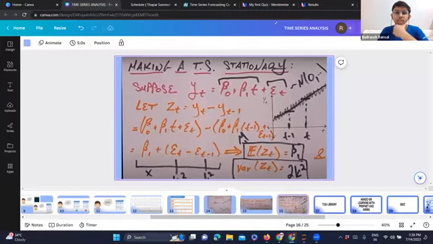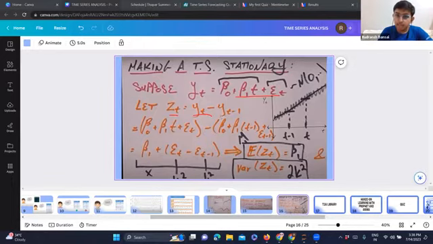What we can see here is I took z of t, let's say a new time series, as y of t minus the previous record. When you subtract the previous record, the constants get cancelled, and what we are left with is beta 1, which is just a constant, and the difference of the errors.